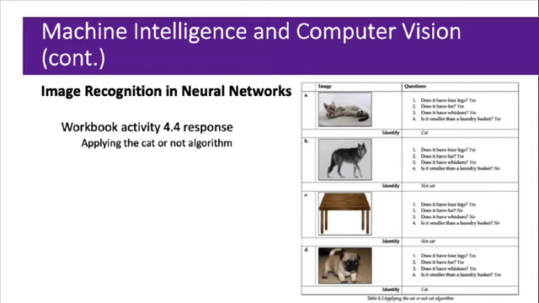According to the training data, your responses should indicate that A and D can be identified as cat, while images B and C can be identified as not cat. From this activity, we can see that training data and the associated algorithms used by neural networks can lead to machines making mistakes. However, as these machines are trained with more and more data on what is right and wrong, they can become increasingly accurate.